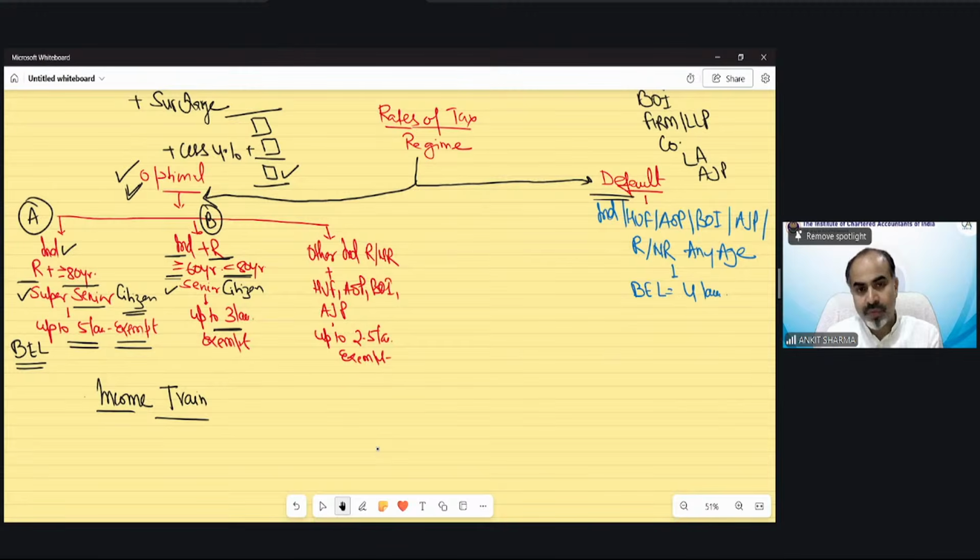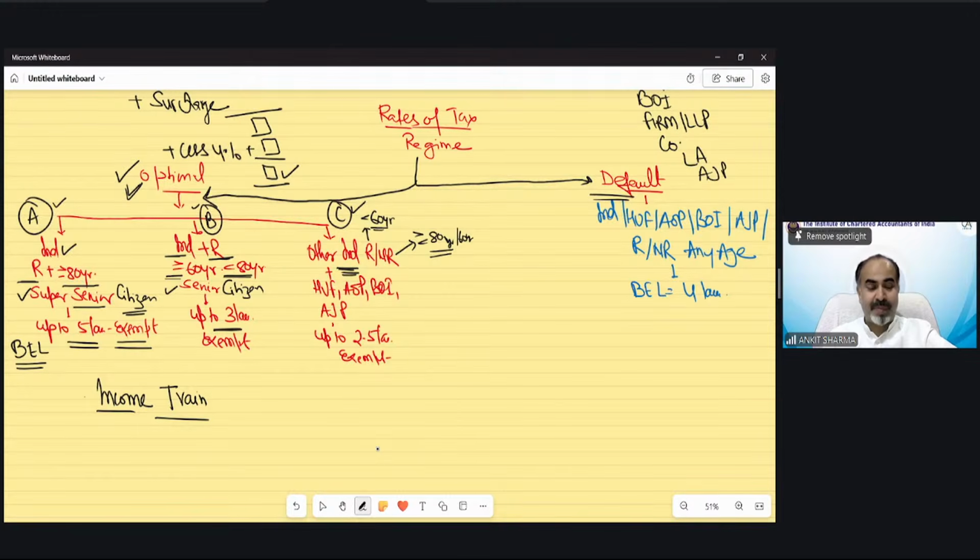I believe no. Now the C category is for all other individuals, those who do not fall in category A or B, whether resident or non-resident. That means all non-residents: whether age is more than 80 years or less than 80 years, you will fall in category C. And if you are a resident, those whose age is less than 60 years will fall in this category. For non-residents, age does not matter at all. Or you can learn it this way: if you do not fall in category A or B, all other individuals will fall in category C.